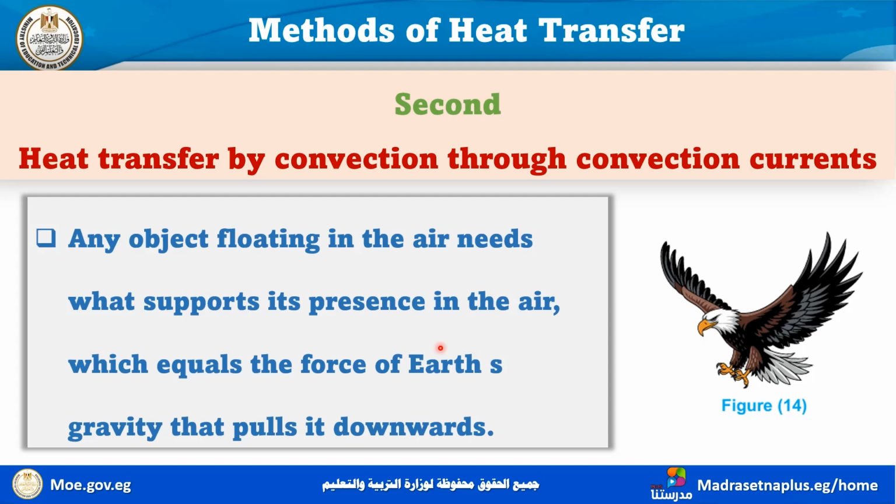Any object floating in the air needs something that supports its presence in the air, which equals the force of Earth's gravity that pulls it downwards. So any object in the air is affected by the force of gravity, and the force of gravity pulls this object down to the earth. So what happens in this figure during the flying of the eagle without flapping its